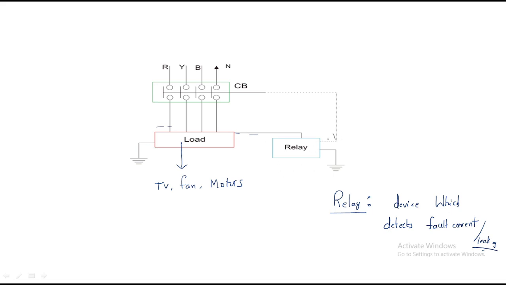How the relay operates is discussed here. This relay gives the information to the circuit breaker, so the circuit breaker automatically opens up. Whenever it opens, the supply is isolated from the load. Then the load will be safe and we can operate it very well. So the operation is like this: we connect the load to a relay, the other part of the relay is connected to the circuit breaker, and the circuit breaker is operated. In order to operate the circuit breaker, the relay must be available. The circuit breaker and relay must operate together, otherwise the operation is not possible. We will discuss each and every point here.